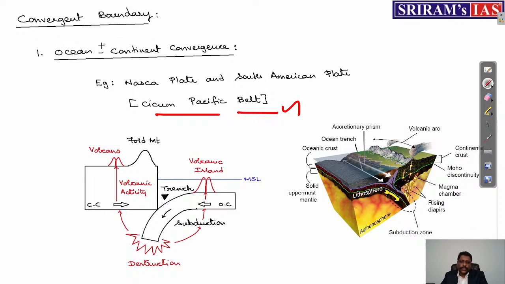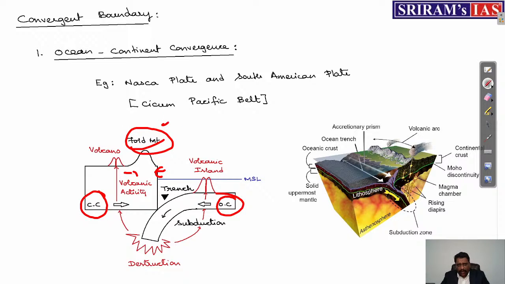All sides of the Pacific Ocean, see my difference, it is an ocean-continent convergence. Continental crust and oceanic crust are going for a convergence. And wherever convergence is taking place, what will I be having? Fold mountains. And I know the fact, wherever continental crust and oceanic crust are going for a convergence, oceanic crust